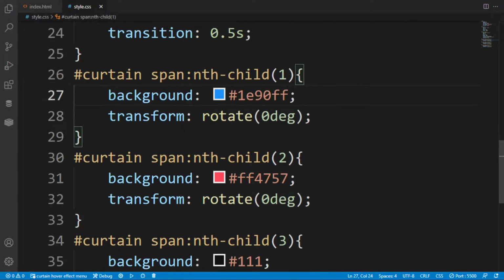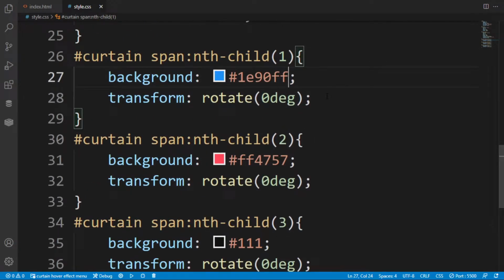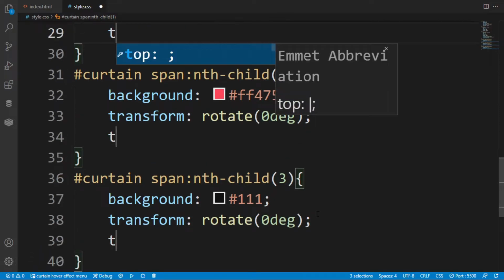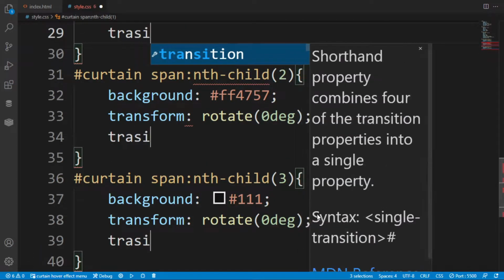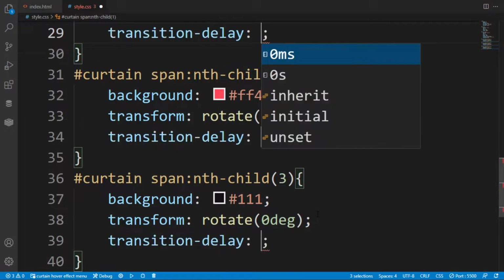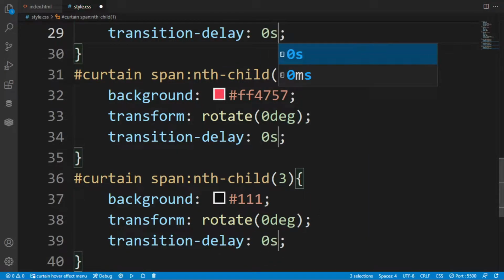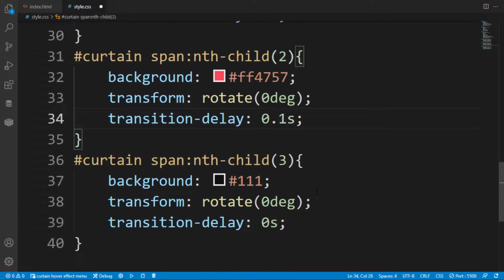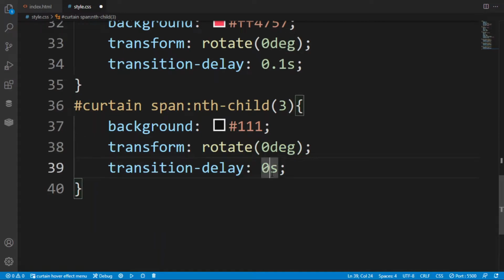So here this is the preview. Because we have transform of 0 degrees, we have to initially start with minus 90 degrees. After that I want to give the transition delay, because this effect will be achieved with the help of the transition delay. It is all the effect of the transition delay, so you have to remember that.